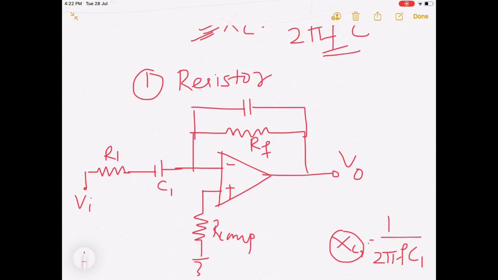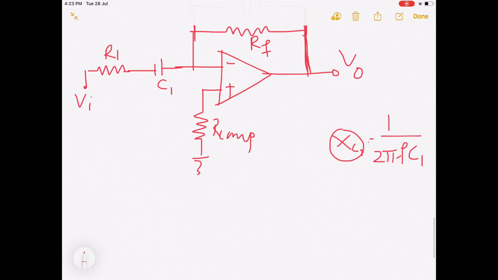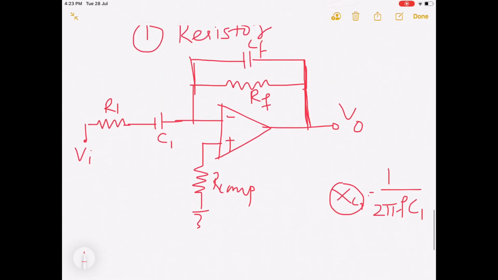At high frequencies the differentiator will become unstable due to very high gain and it may enter into saturation. This makes the circuit very sensitive to noise and stability is affected. So, to avoid this we have connected one capacitor in parallel with the Rf. Okay. So, this is our practical differentiator circuit diagram. These limitations, as I told you, are overcome by this practical differentiator circuit. Okay. So, we will do the analysis of this and then finally see the frequency response of the differentiator.